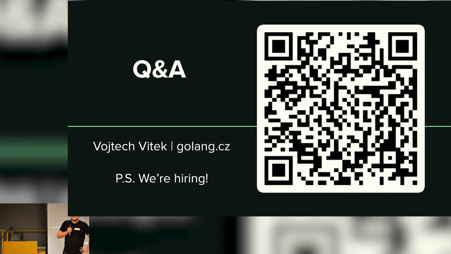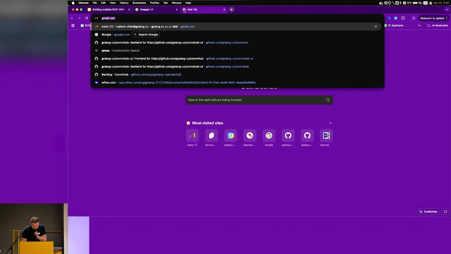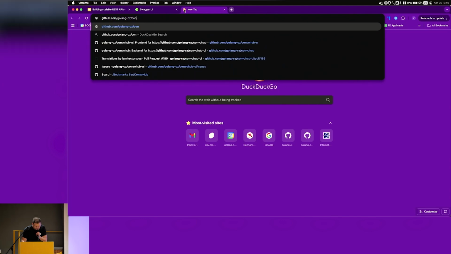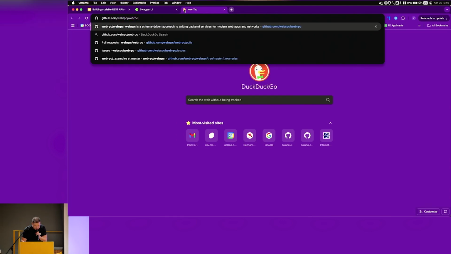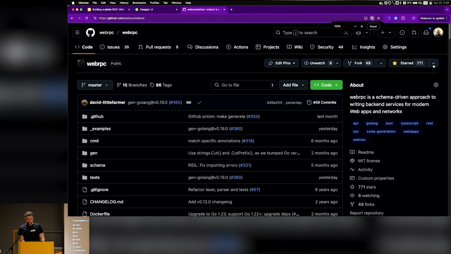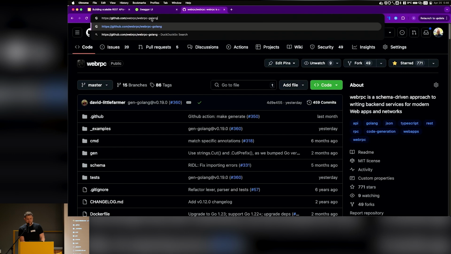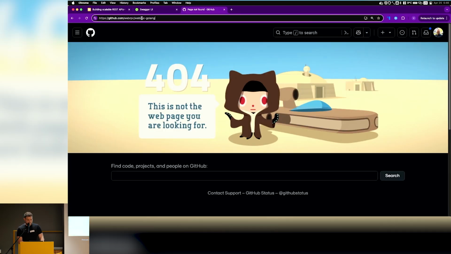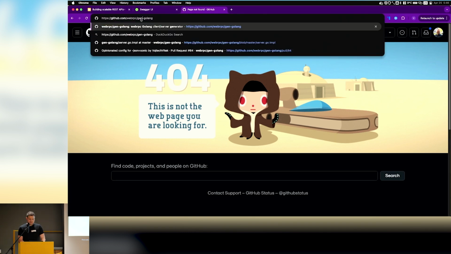How would you write a custom client in another language? So let's take a look at how this looks. WebRPC on GitHub. So this is the project on GitHub. And this is just the schema definition and the JSON format that we use. However, if you go to webrpc-golang, gen as a generator,